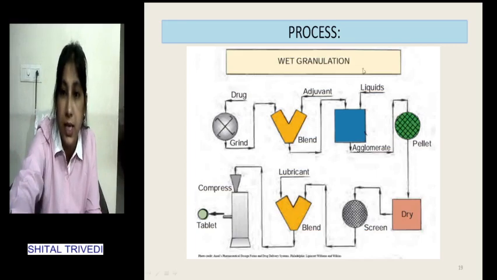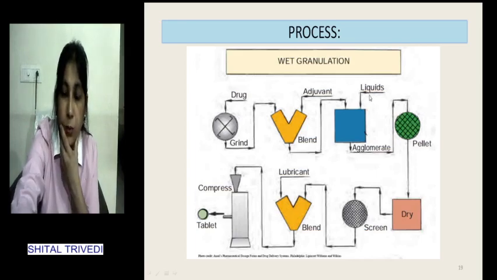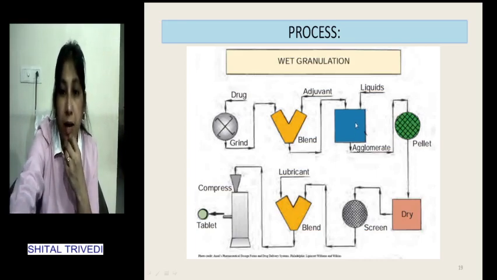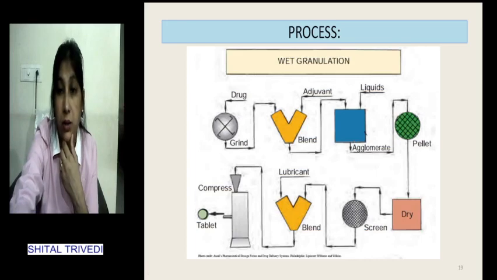Now in this case, the liquid that is added plays a very important role. Also the amount of liquid to be added is very critical, and that depends on the solubility of the binder in this liquid and the formulation components. For example, if the amount of liquid that is permissible is very low, then the binder can be added in dry form and mixed with the other ingredients, and then the plain granulating fluid, which can be either water or 70% alcohol or any suitable organic solvent, can be added.